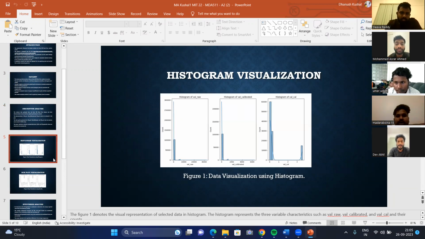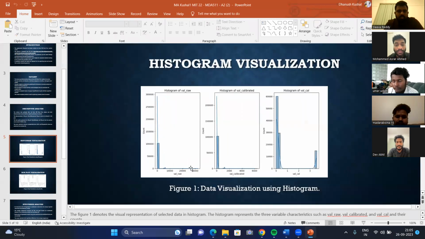This is Dhanush. I want to explain the histogram visualization. We have taken the histogram of value raw, from 0 to 30,000, with counts from 0 to 3 lakhs.